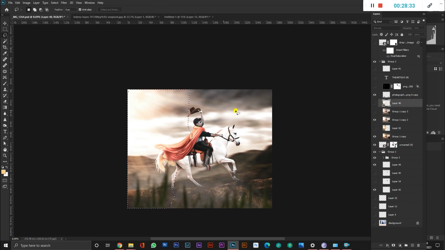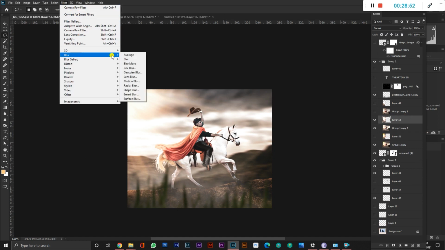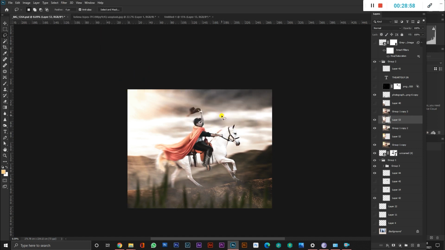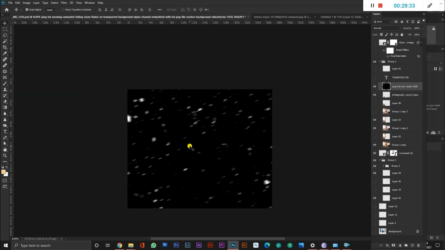So when I gave it a motion blur, it gave the feel that I am on a horse ride. You can also use presets in Photoshop, which you can get from the link in the description.